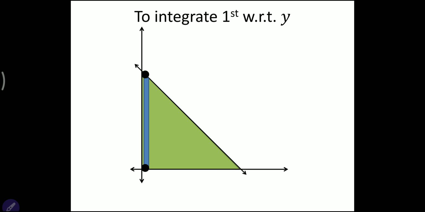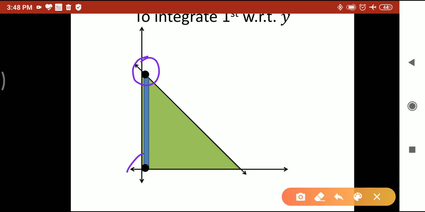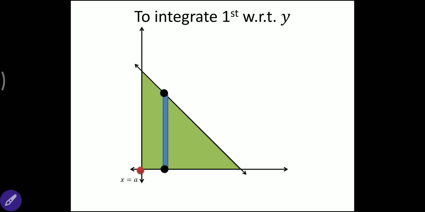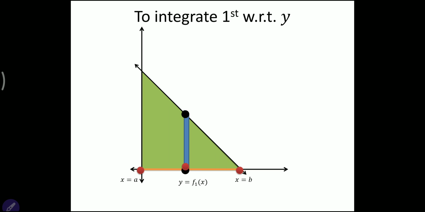Now the dark black spot that you have at the end, this will give you the limits of y. So here the value of y will be 0, and here the value of y will be some value. So that value you are going to get over there. Then x will vary from 0 to a, or a to b, whatever, and the lower end of the strip is y equal to f1(x), and the upper end of the strip will give you y equal to some f2(x).